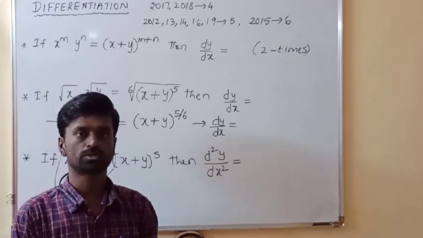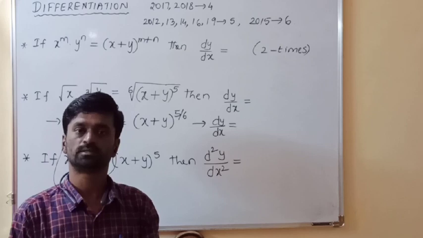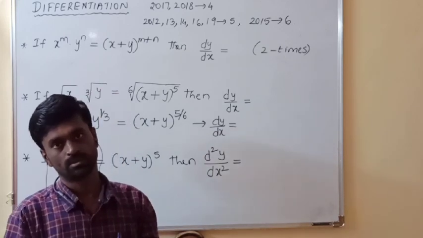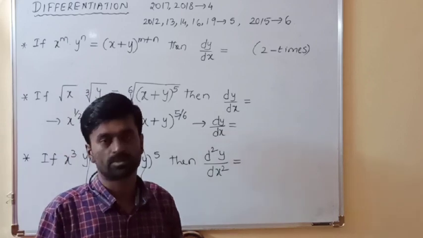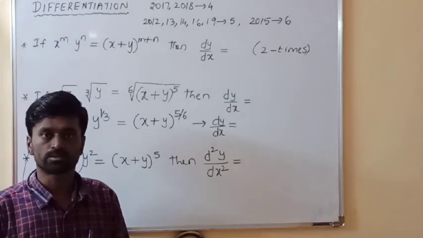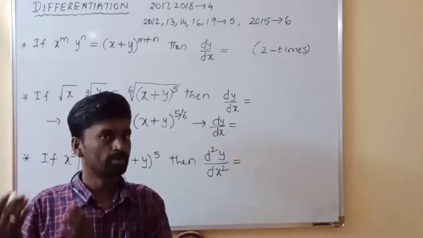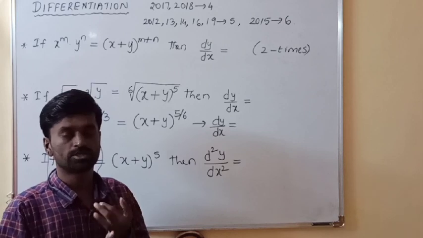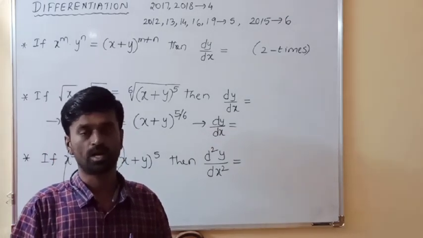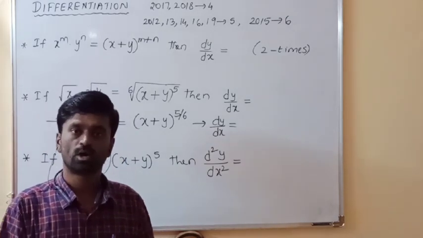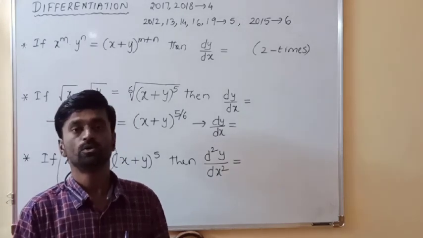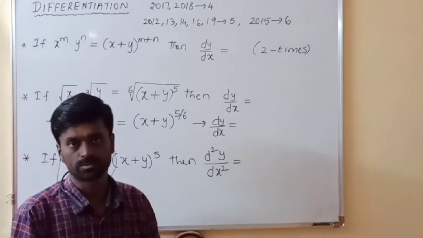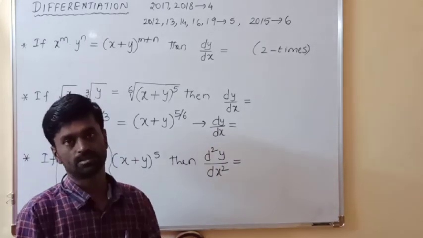Out of those 5 questions, at least 2 questions are very simple. Just by looking at those questions you can tick the options. So now I am going to explain those tricks also. Already I discussed some tricks in previous videos: differentiation short tricks part 1, part 2, part 3, part 4. You should also watch those videos to get the experience. With that experience, by looking at these problems you can take the options, or you can say the answer.